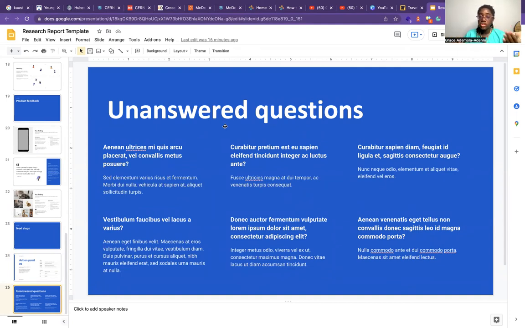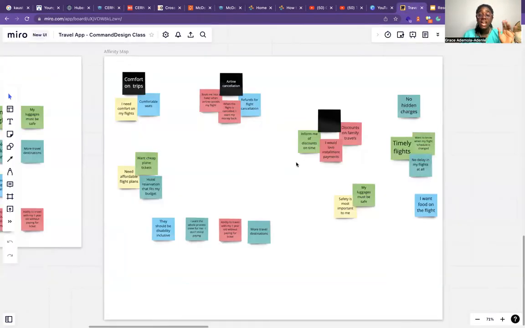Many of these slides are actually optional, like I've been telling you. Anything that you're not going to include, just delete it. The most important thing is for you to document your key findings from your Miro board, from what you already found out during your research. So that's it about